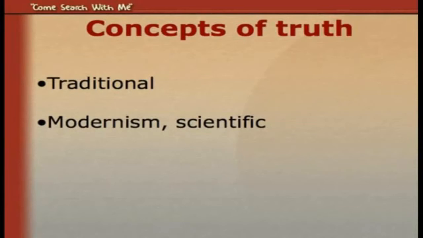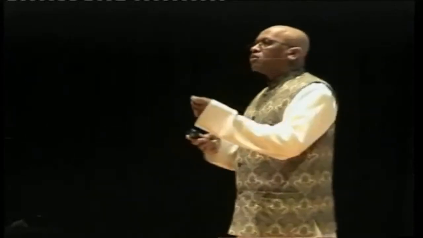Next is modern or scientific truth. A few hundred years old, scientific truth says, why should the clergy alone have the right to tell us what is truth? We'll look for truth ourselves. And they formulated what is known as the scientific method. You make an observation, and from that observation, a hypothesis or a theory, and then you want to test the theory, you design an experiment, and implement that experiment, gather the data, analyze the data, and the conclusion of that analysis is truth. Everything else is suspect.